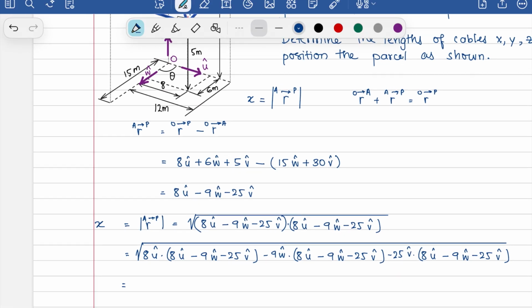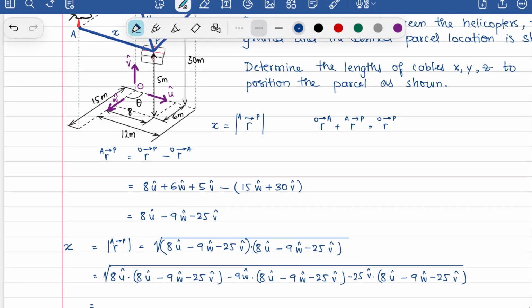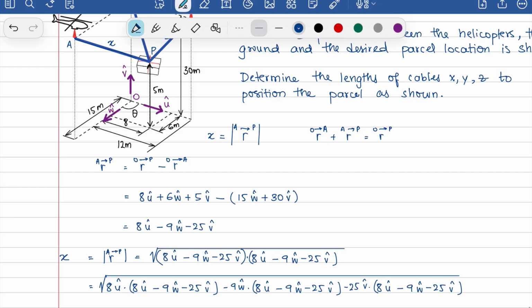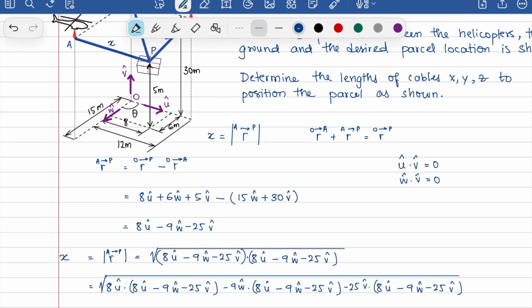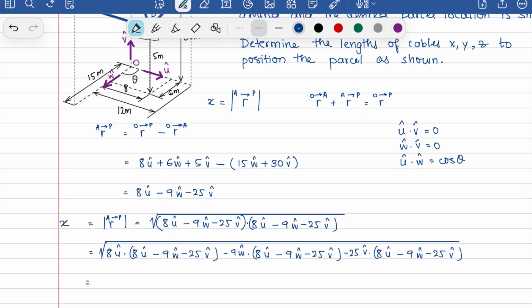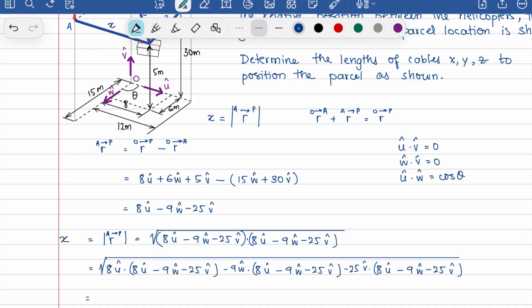And instead of having to keep looking at the figure, we can just write down on the side that u hat dot v hat is 0, w hat dot v hat is 0. That's basically looking at this and this and this and this. They are 90 degrees apart, while u hat dot w hat is equal to cos theta. Okay, so we just have to keep this in mind. When you now do this, you will then get